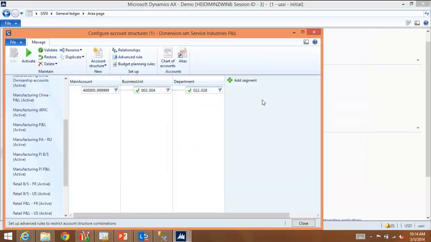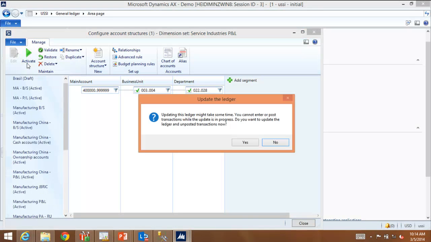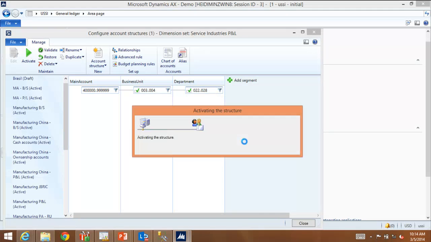So I'll close this, and then I do need to reactivate my chart of accounts when I make that change. So again, now when I'm entering in transactions, my main account is within that account range, 601,500 to 601,509. I'll see that additional dimension, and the values that will be displayed are those dimension values that I displayed, like annual conference, customer visit, etc.